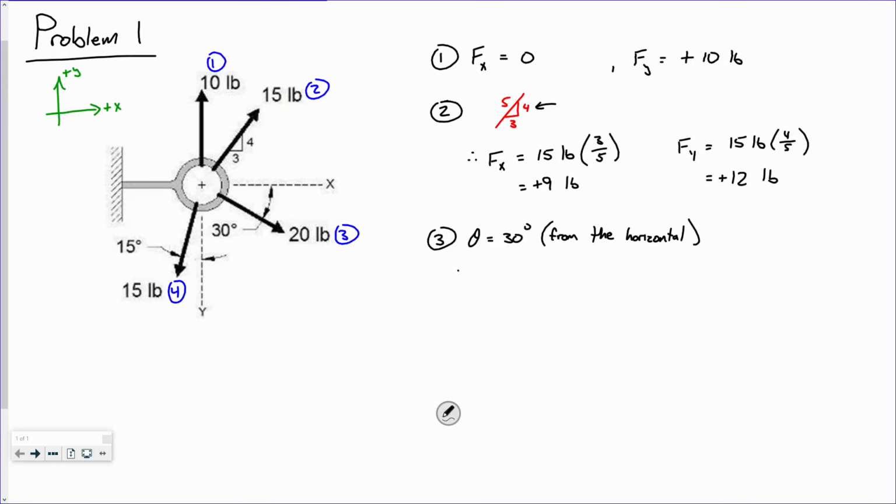All right? So, Fx is going to be 20 pounds times what? The cosine of 30 degrees. And Fy is going to be 20 pounds times the sine of 30 degrees. Now,